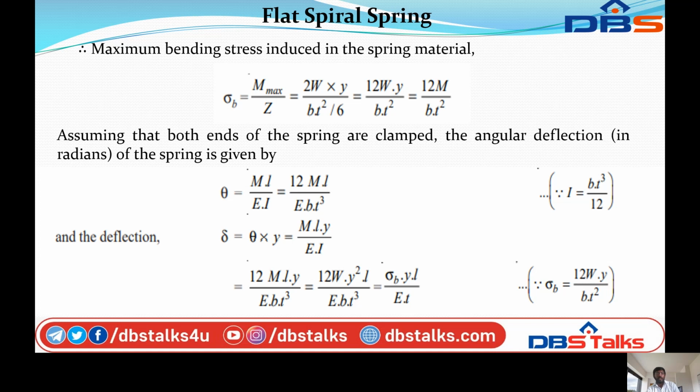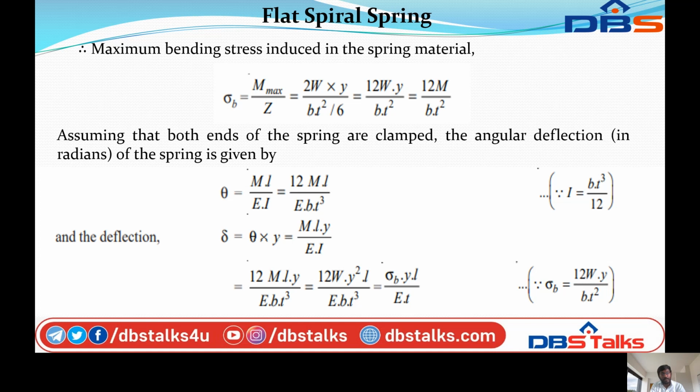Assuming that both ends of the spring are clamped, the angular deflection in radians of the spring is given by theta is equal to M into l by E into I, that is equal to 12 M l by E into B into T cube, since I is equal to B into T cube by 12. Substituting the values, finally the deflection delta is equal to theta into y, that is equal to M into l into y by EI,